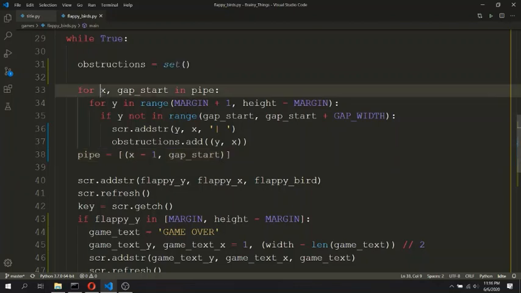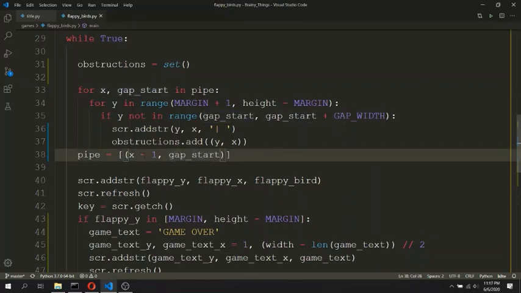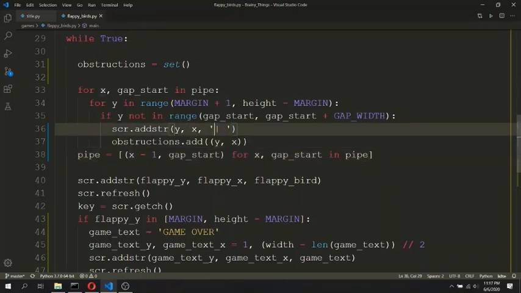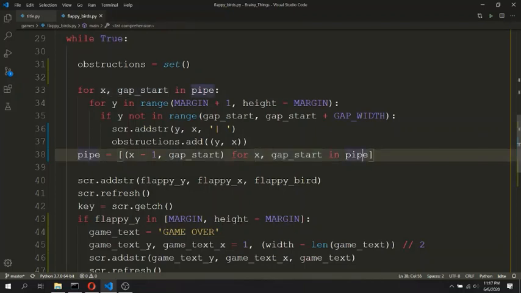So previous values will be X and gap start, and the new values will be X minus 1 with the same gap start. That is, the pipe will move to the left direction, for X comma gap start in pipe. So after rendering this pipe, it will update the values so that the pipe will move to the left direction.